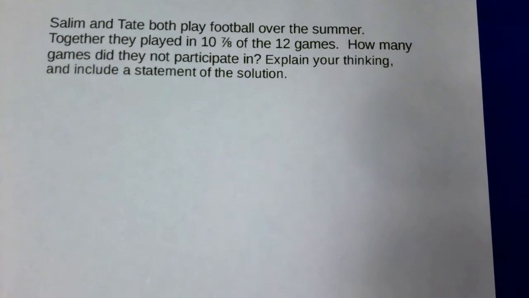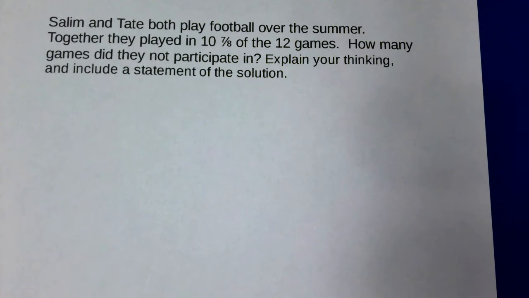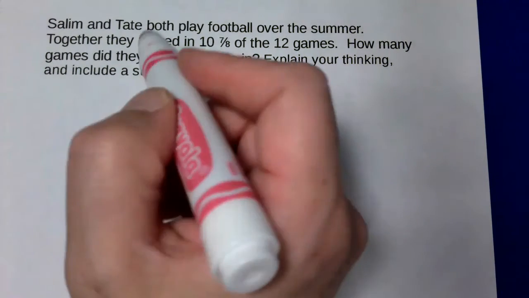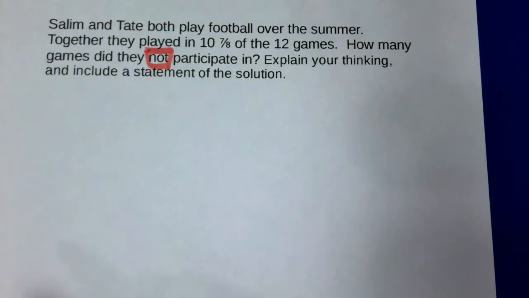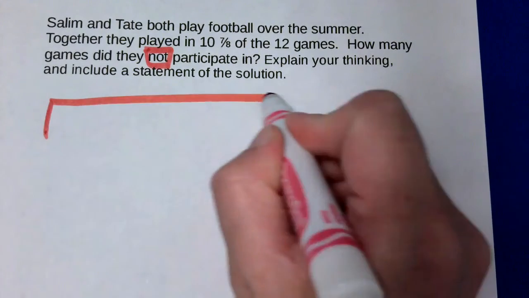All right, for this question, we're going to be talking about my two friends, Salim and Tate. They both play football over the summer, and together they played in 10 and 7/8 of the 12 games. How many games did they not participate in? Explain your thinking and include a statement of the solution. So here's this keyword, not, okay? So I'm going to draw this